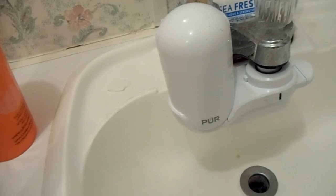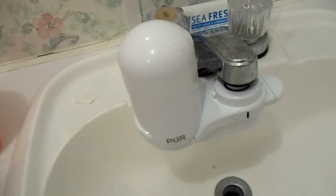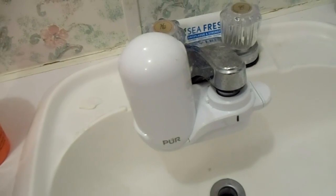Everybody needs to have this, with all the toxins and all the waste and everything in the water nowadays, including fluoride. If you don't believe me, get on the internet and research fluoride. It's not good for you at all. But this is a Culligan filter. If you look in my sink here, I've got a pure filter here, so I recommend filtering all of your water. Better yet, you can buy a whole house system